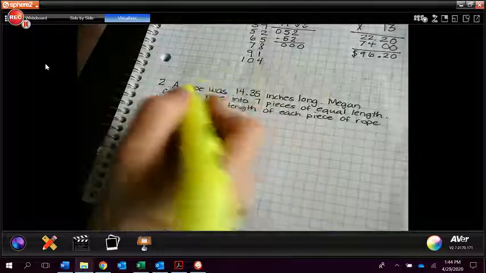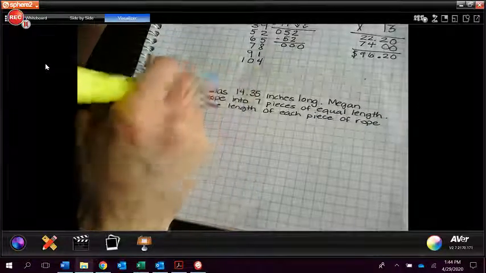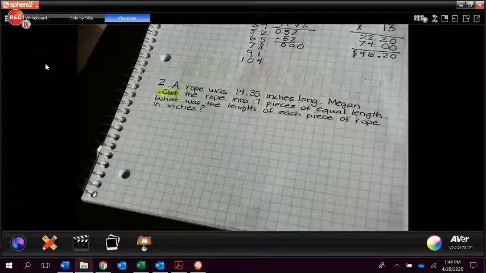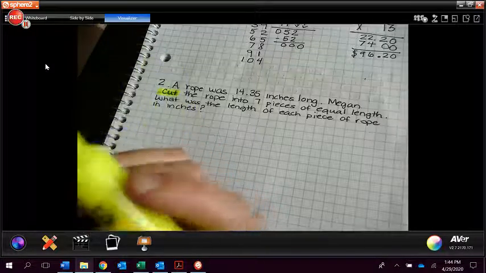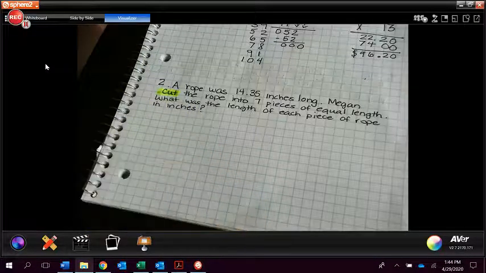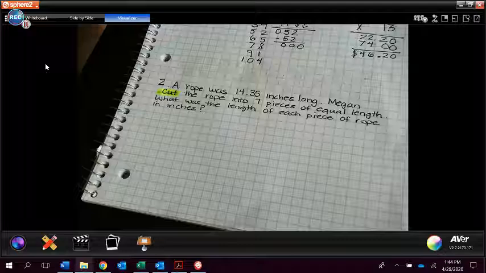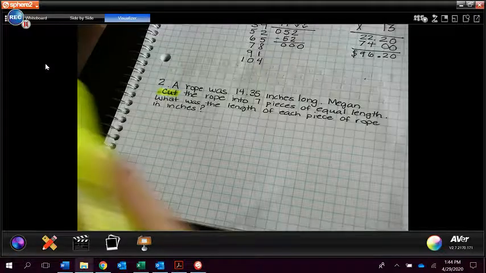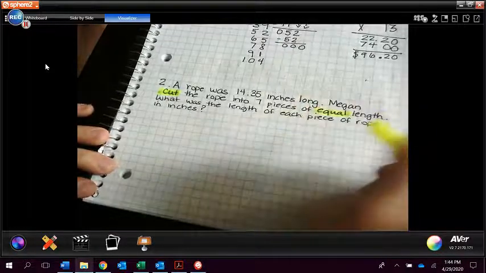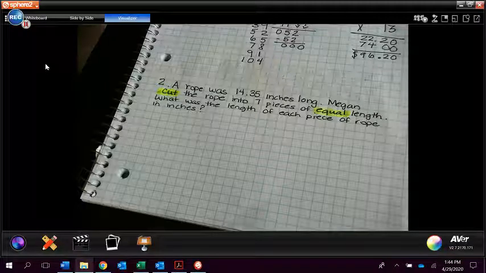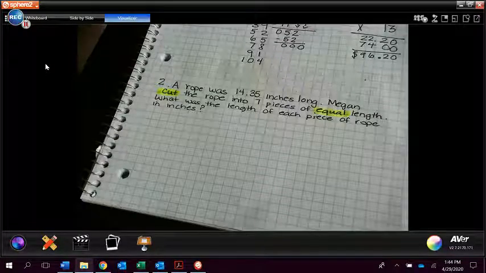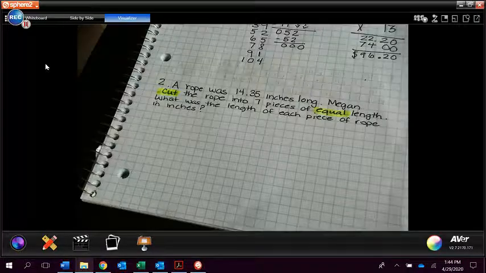And for example, here I see Megan cut. I know when they say cut, more than likely it is a division problem. So a rope was 14.35 inches long. That's how long the rope was. Then Megan decided to cut the rope into 7 pieces of equal. That's another keyword right there, equal. She wanted to make sure each piece was the same length. So it's asking us, what's the length of each piece of rope